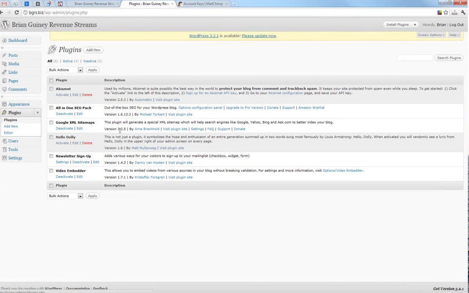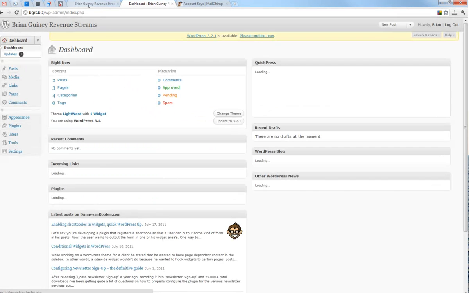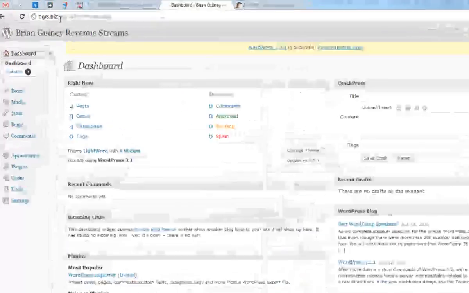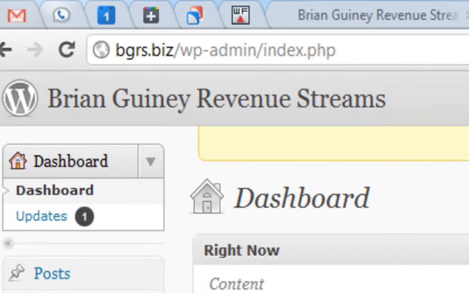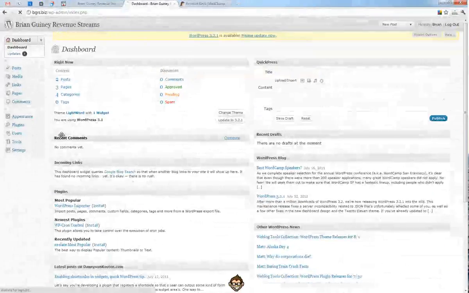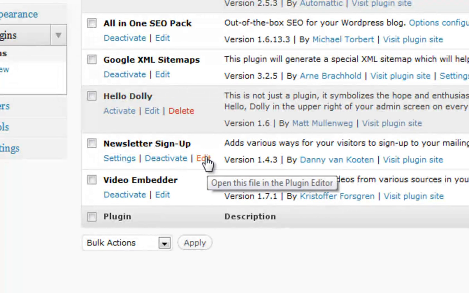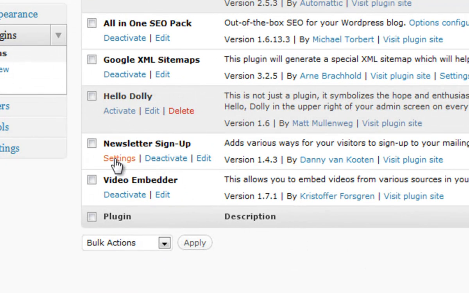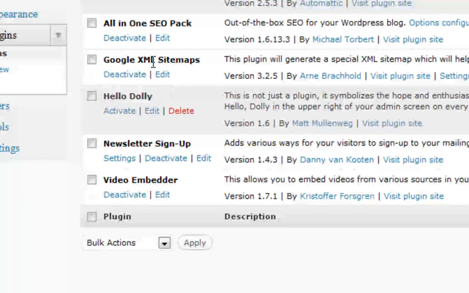So now, to configure this plugin, you go to your dashboard. Let's start at the beginning here. We go to the WordPress dashboard, which you get to by going to your domain /wp-admin, and then you're going to go to plugins, and then click on the newsletter sign up, to edit these, or no, you're going to go to settings actually. You're not going to go to edit to modify the plugin. You're just going to modify some settings. So you want to go to settings,